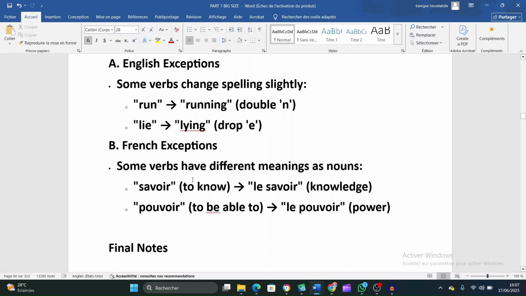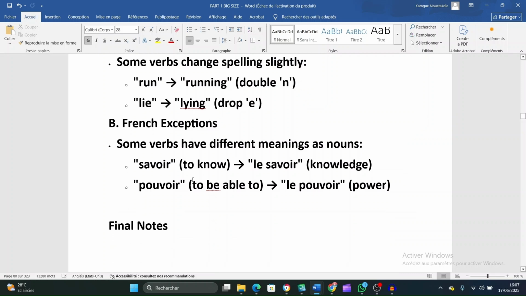Now, what about the French exceptions? Some verbs have different meanings as nouns. For example, we have savoir, what we call in English to know. Savoir, to know. Now, what will happen? It will become le savoir.